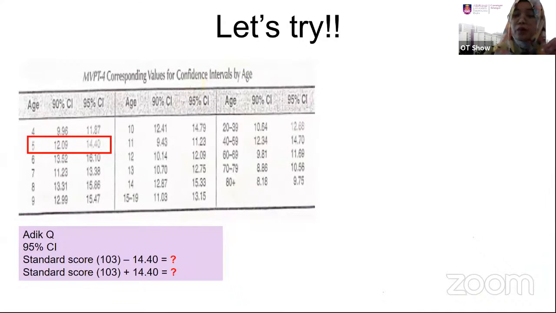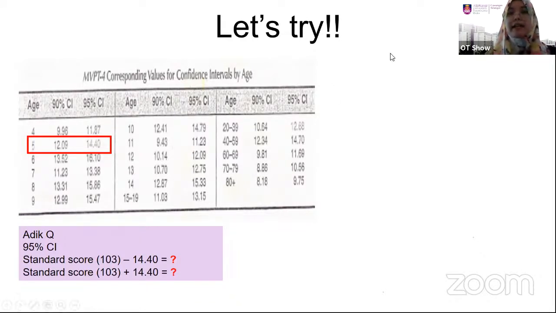Alright. Okay, dah dapat ni mesti kita cuba pula. Nak tahu tuan-tuan dan puan-puan faham ke tidak ni, sebab ini dia ada tulis dalam manual tapi kita kena further kena try barulah kita faham. Kalau kita baca tak try pun susah juga. Dia susah nak faham sikit. Okay. Sekarang kita tengok based on adik Q. Alright, kat sini saya tulis adik Q, kita pilihkan 95% confident interval.